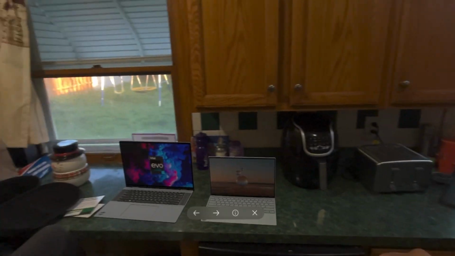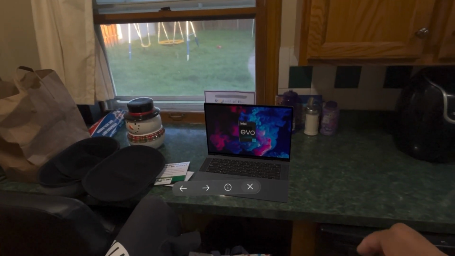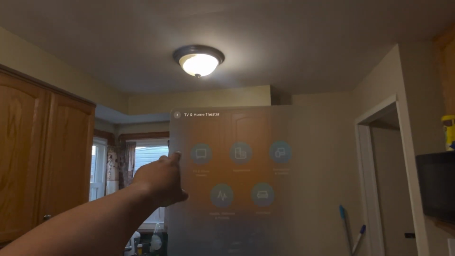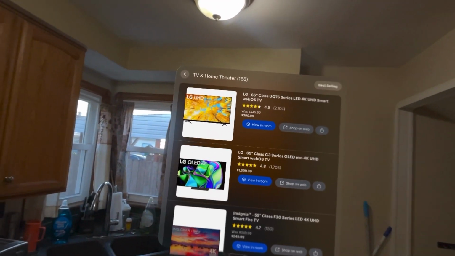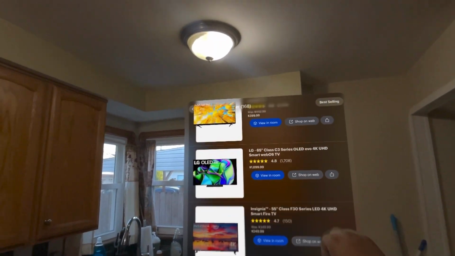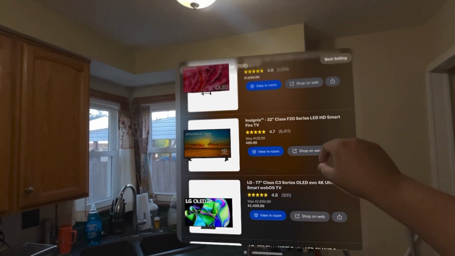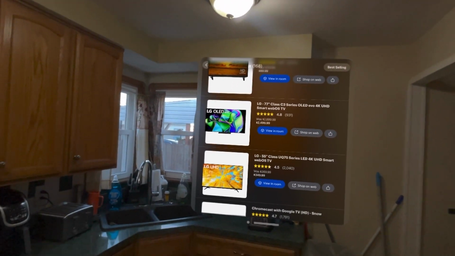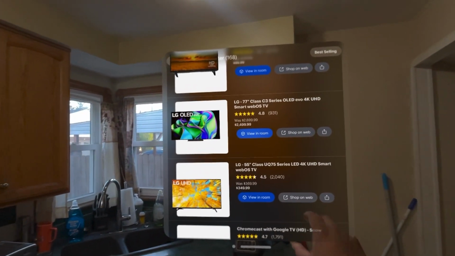So where else does this also make sense? This also makes sense with TVs. So let's go ahead and go into the TV area right here. And look, we got 65-inch TVs, 32-inch TVs, 77-inch TV. You know what? I want to put a $2,500 77-inch TV on my kitchen tabletop, and let's go ahead and